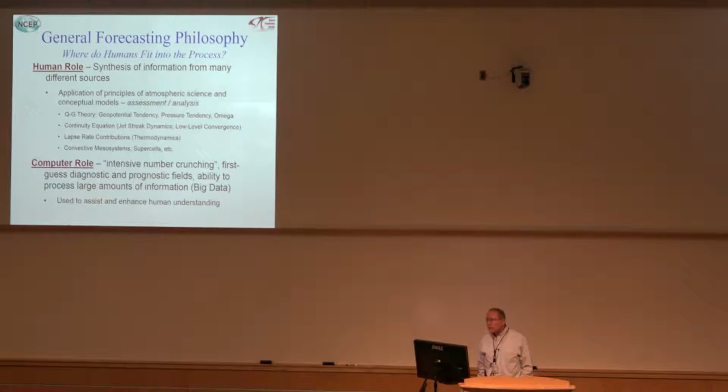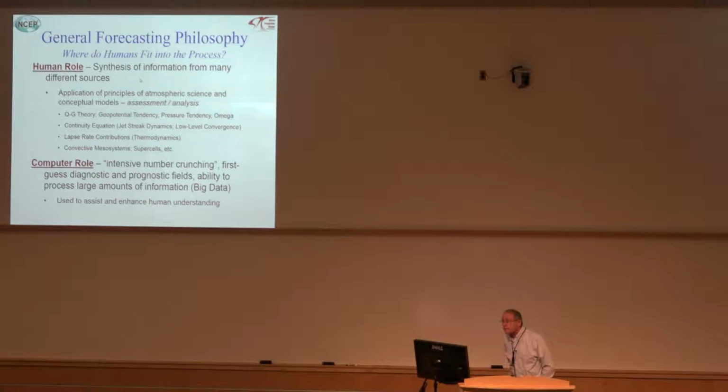I think we can, though from the severe weather perspective, say that we think the human will have a large role to play for at least the next 5 to 10 years. We shall see as models get better. But one of the things that we do really, really well is we can take information from a whole variety of different sources and integrate things in our head. We can synthesize information. We're very good at pattern recognition. There's a number of things that we do well that it's really hard to write code to do the same thing. So some of the things that we can do, and you can see them here, we can apply principles